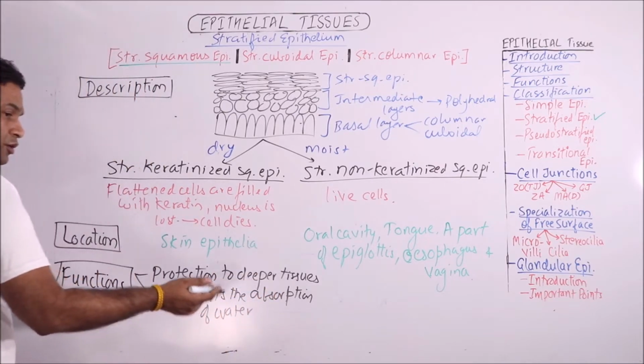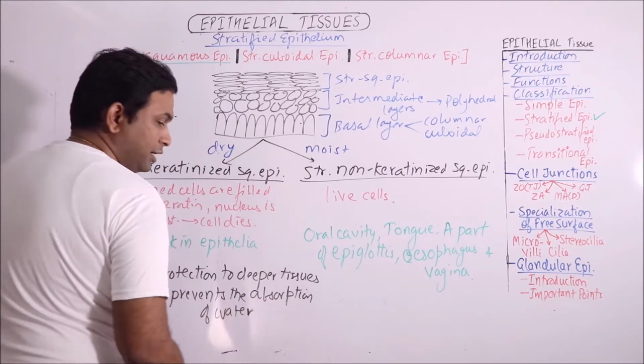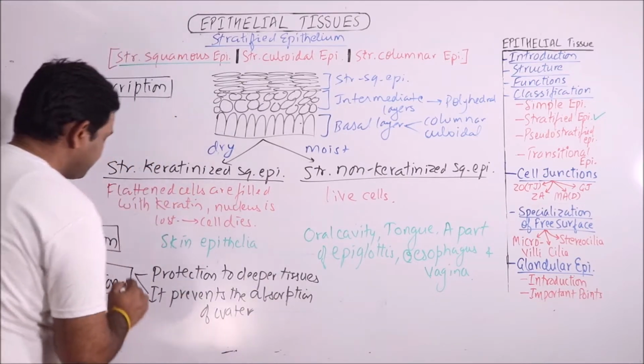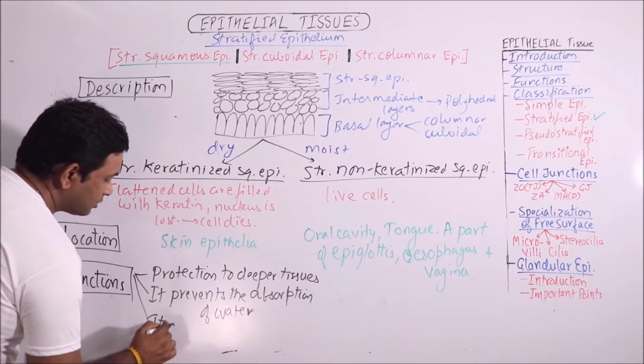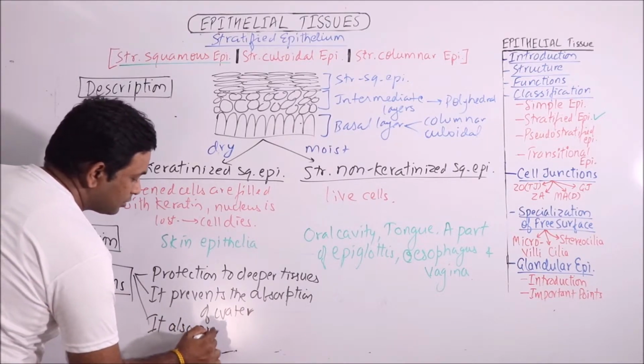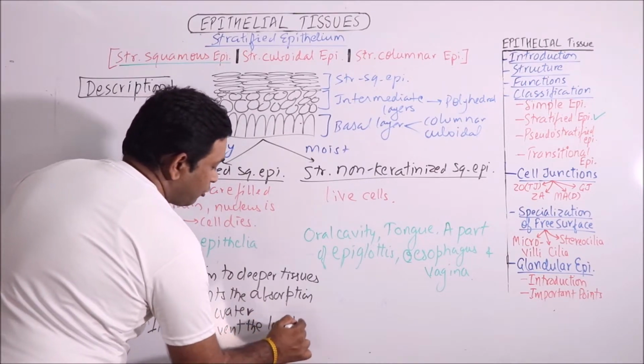So it prevents the absorption of water from the surrounding. So it is also acting as a barrier. It is acting as a waterproof layer. Then it also prevents the loss of water